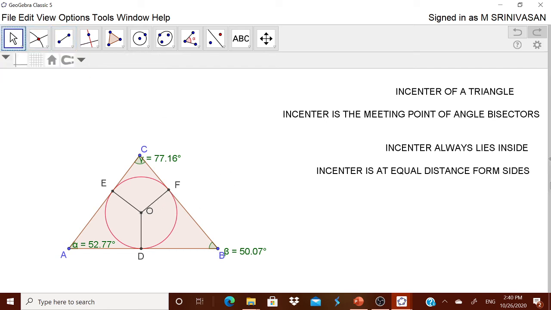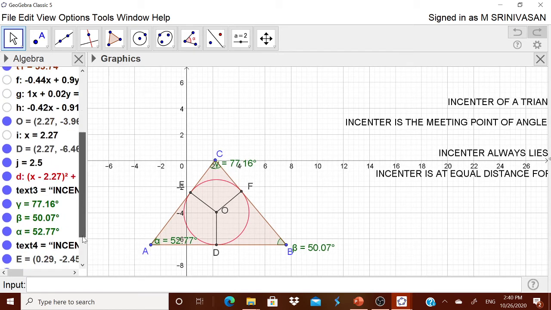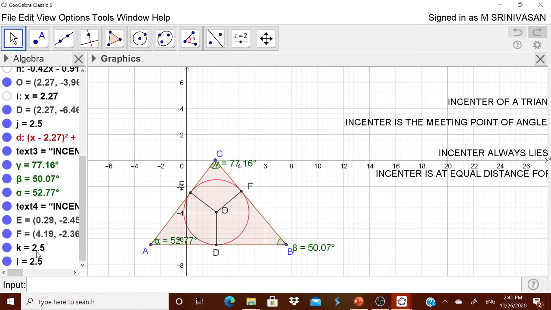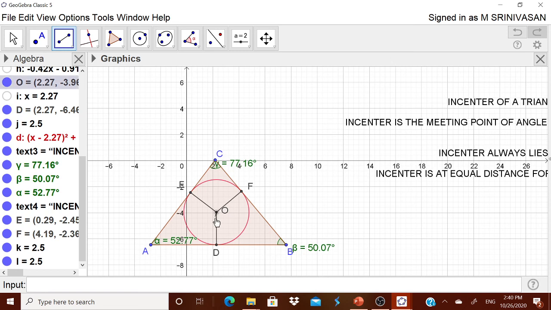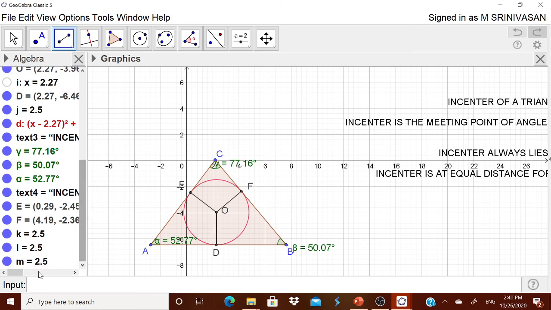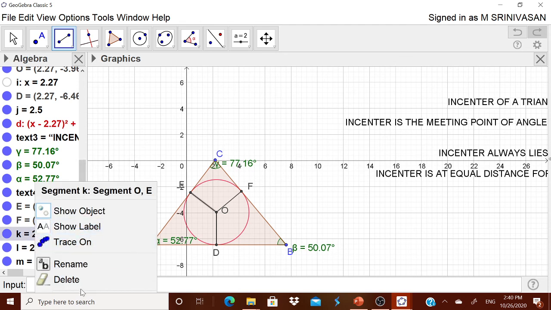Okay, if you are not able to catch it, you can go to this graphing, and there the points will be sitting at the bottom. You see, these are the points sitting at the bottom now, or you can note it down. Now I think one more thing is not there. This segment OD is not there. Okay, we will draw that also. Now you got 3 segments. They are K, L, M.